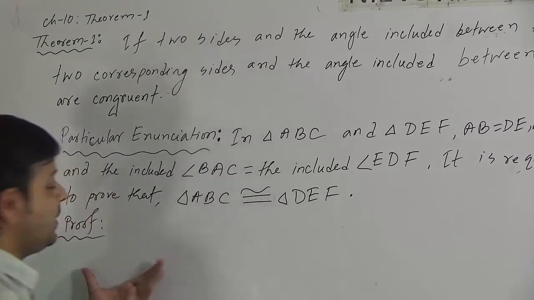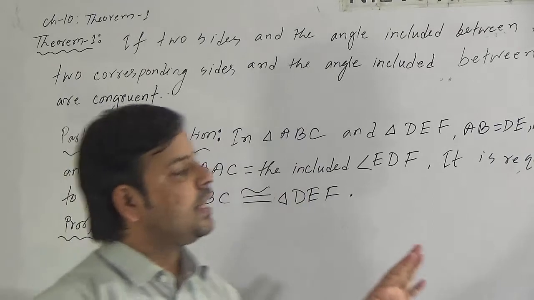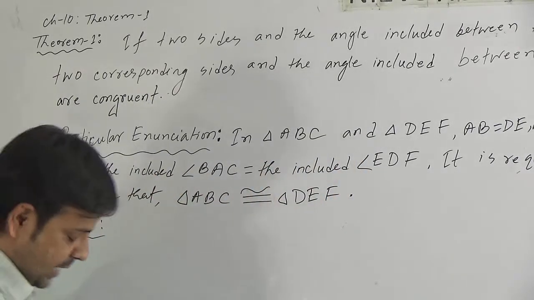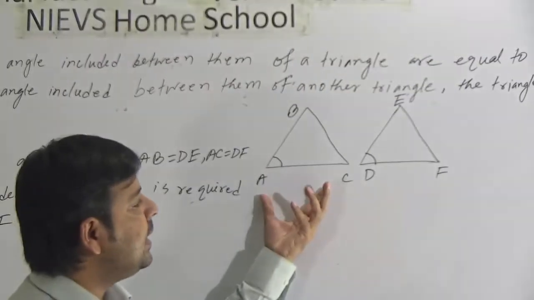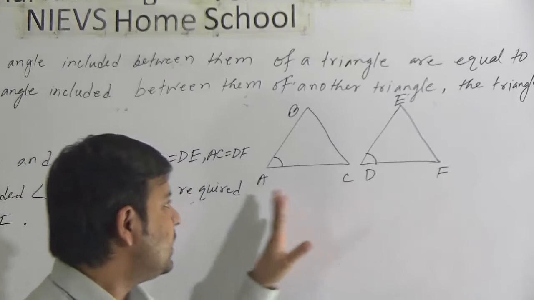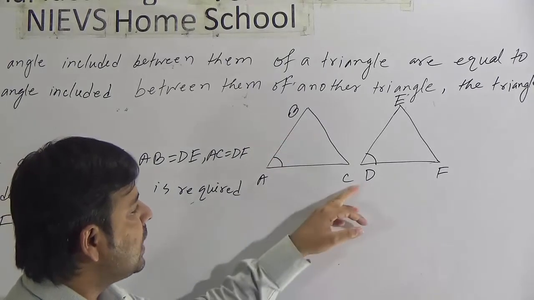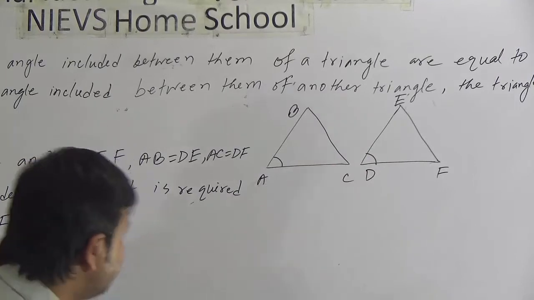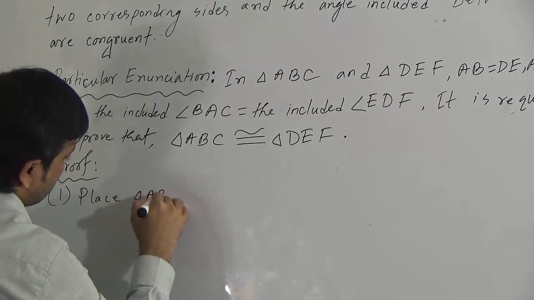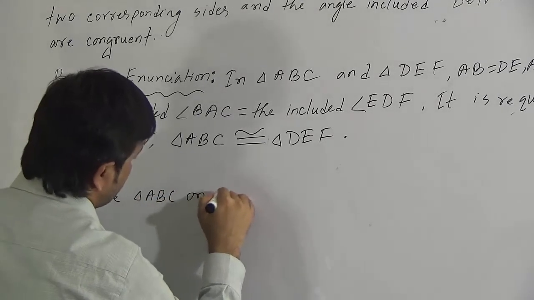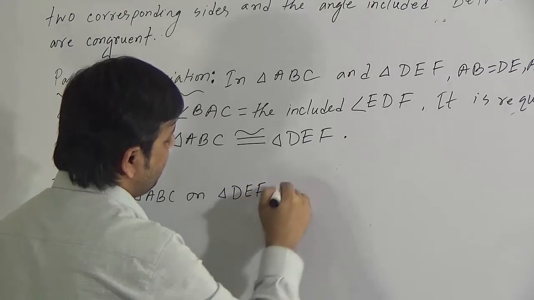In the proof, we have to write the steps on the left side and the justification on the right side. In case of justification, I will give a side note to write the justification. In the first step we can write: we can place the triangle ABC on the triangle DEF so that the point A falls on the point D. The side AB along the side DE. Place triangle ABC on triangle DEF so that